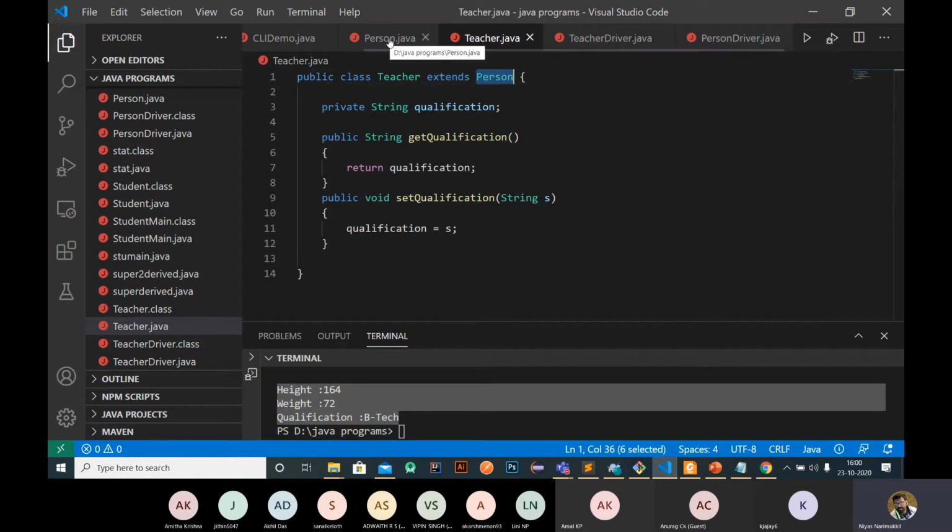If you want to inherit from person and teacher, it is not possible here. We can create another class that extends this teacher class, that is possible, but we can't inherit from more than one base class. I hope it is clear.